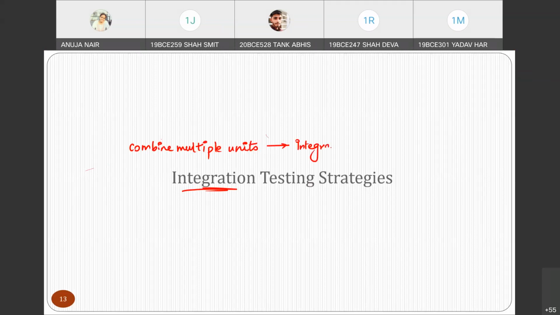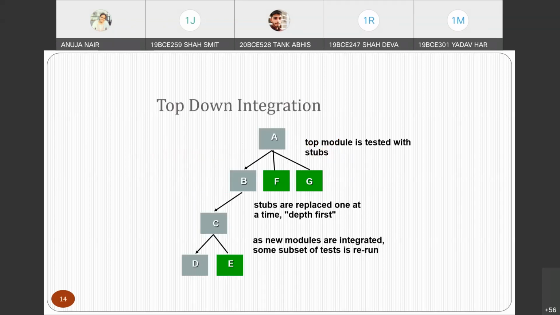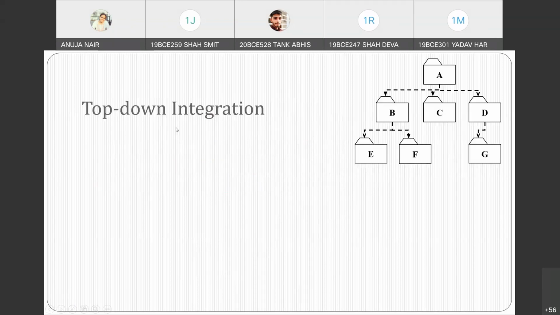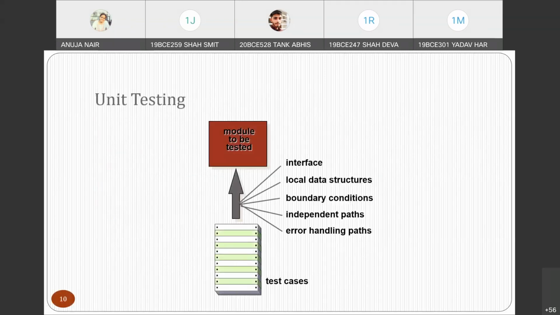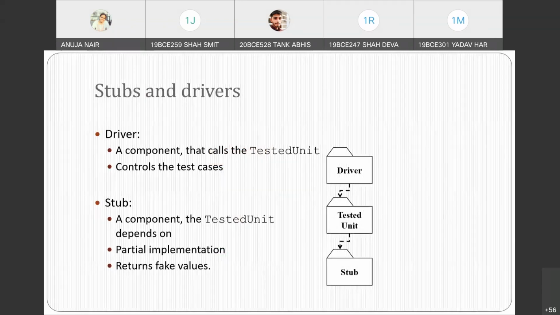So we perform integration testing on the integration of units, right? Now, when you talk about integration testing, there are multiple testing techniques. Before going to that, we need to understand two things. Those two things are stubs and drivers.